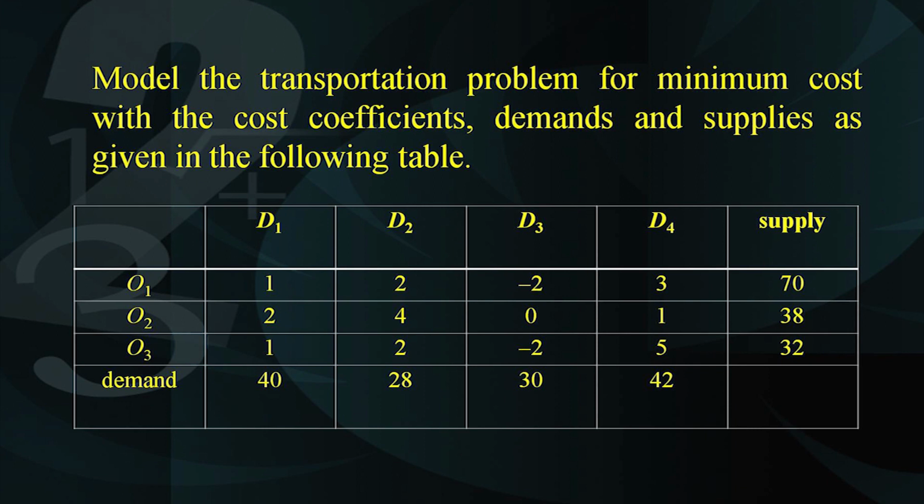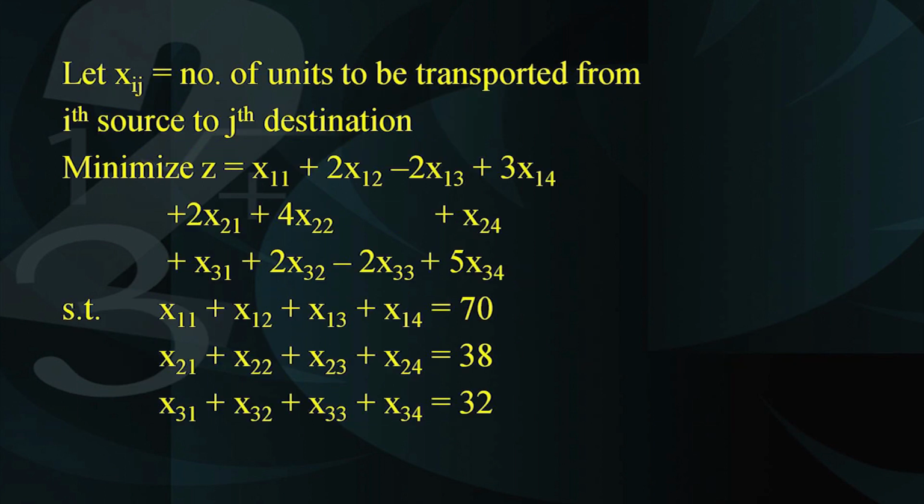Similarly, the second entry in the first row is 2. So, x12 should be multiplied by 2, that is why it says 2 times x12, and like this. So, the entire expression for the objective function can be obtained like this, and this is the overall cost that has to be minimized. Now, this also has to be subject to the following constraints, that is x11 plus x12 plus